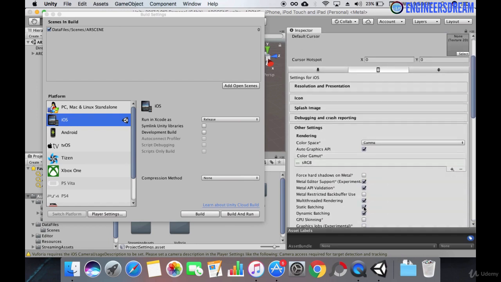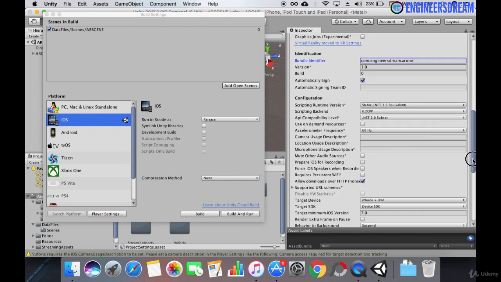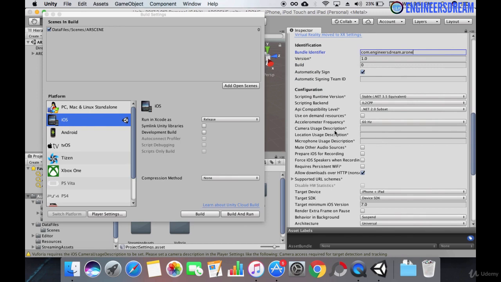After this, if I scroll down, then inside other settings, we have to make changes in the bundle identifier. So in place of company, I will write down my website name, that is Engineer's Dream, and in place of product name, I'll write down my application name, that is AR1. Next I'll scroll down, and we have this option of camera usage description.